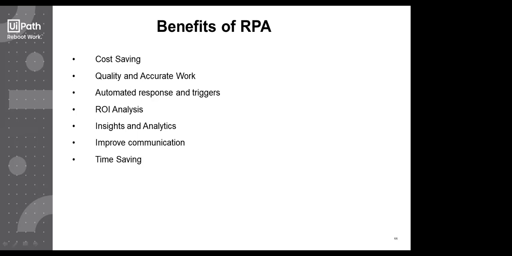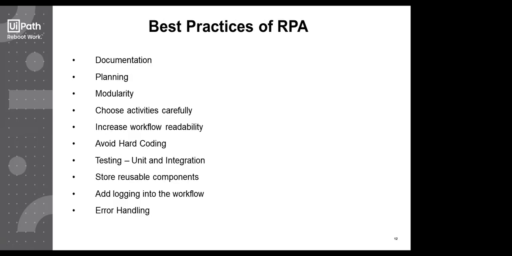To carry out your critical task, or if the updation has to be done in multiple documents at once, the bot could easily do it. Coming to the time saving, if it's unattended, then all your time is getting saved. If it's attended, then also your time is getting saved, because the bot is still processing it at a faster rate as compared to humans. So these are some of the best practices of RPA.